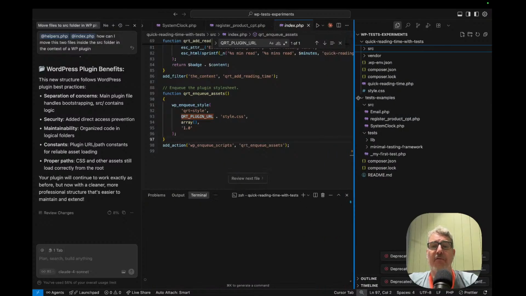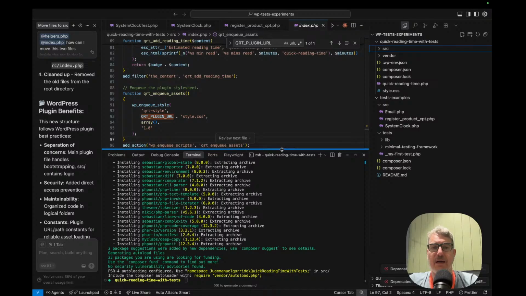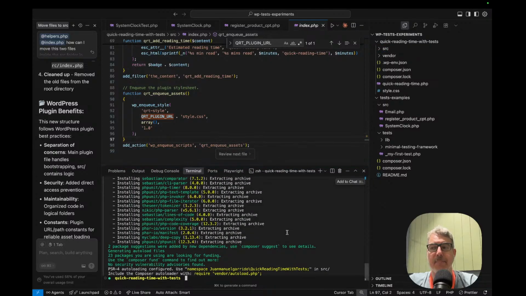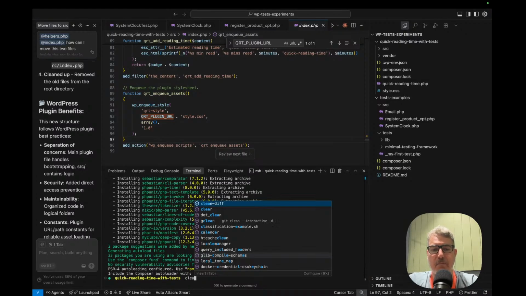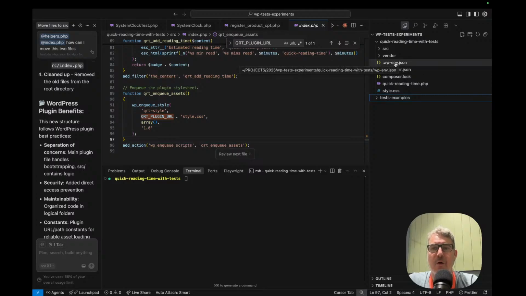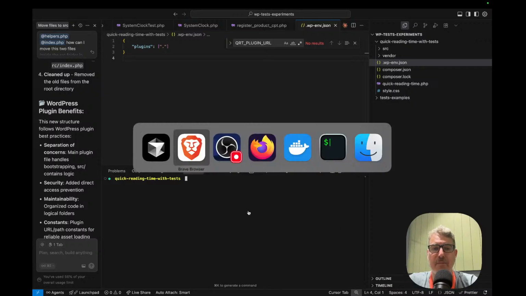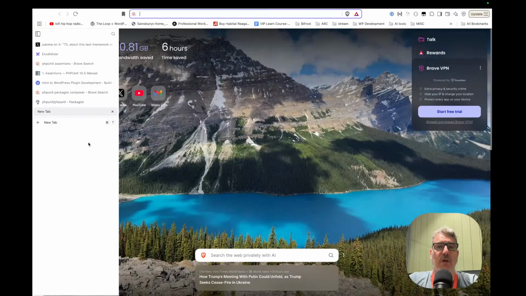Okay, before we continue, let's check that this works as expected. So let's do a clear, and then what we can do here is, we have a wp-env.json, which is the configuration file for wp-env. For those who don't know what wp-env is,